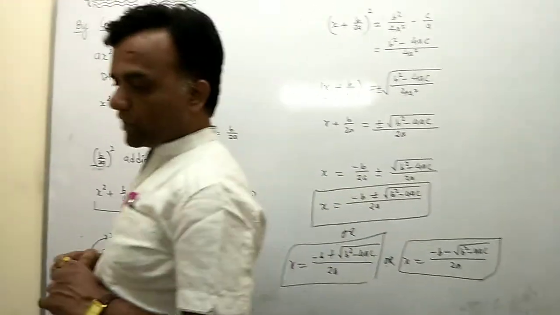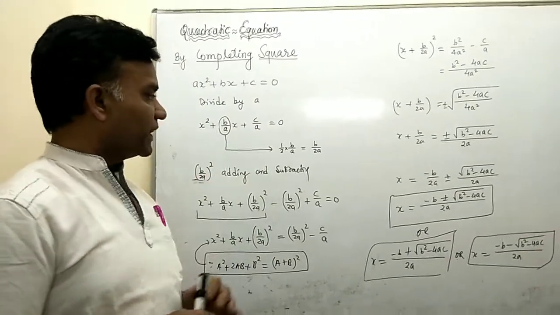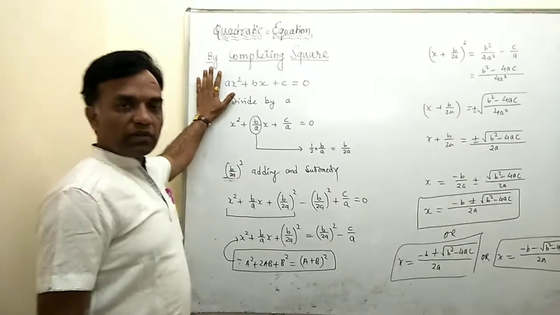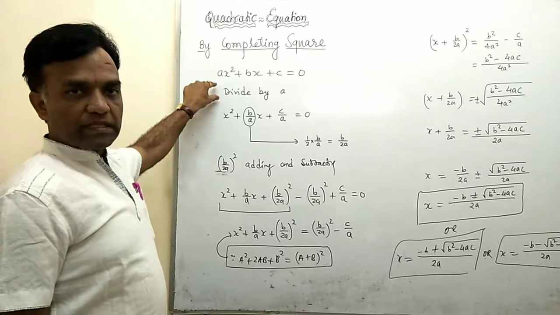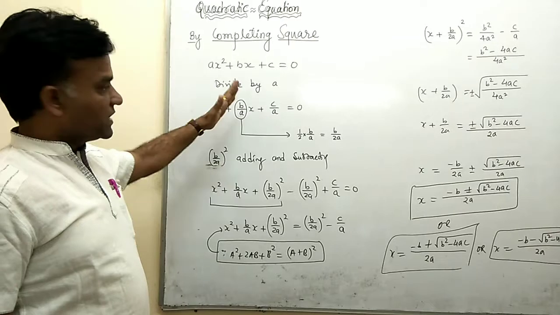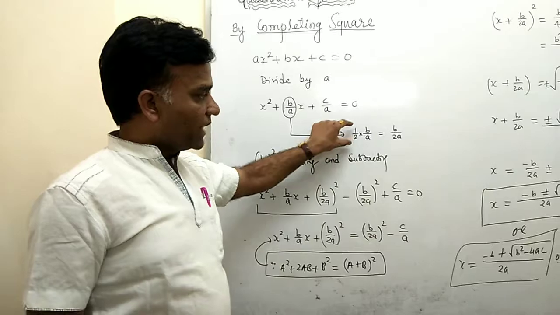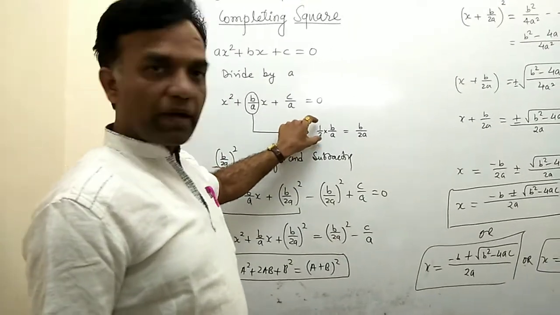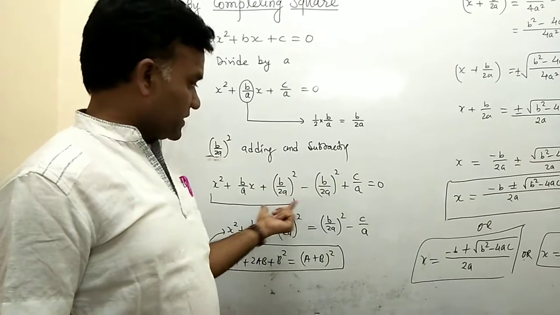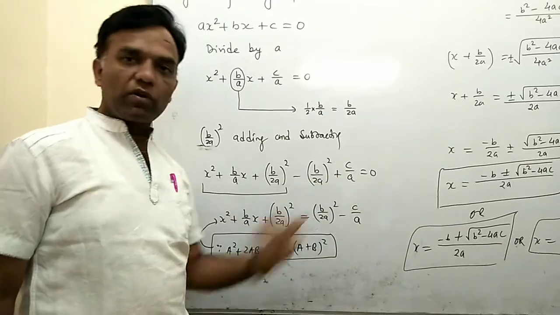There are very few concepts you apply in any quadratic equation to get the solution by the completing the square method. Let me explain again. First you write down the given quadratic equation. The first step is to divide by the coefficient of x square. Then you take the coefficient of x, multiply it by 1 by 2, square the resultant term, and add it in the given equation. Then you take the squaring and adding part outside, and the rest of the part is shifted to the right hand side.